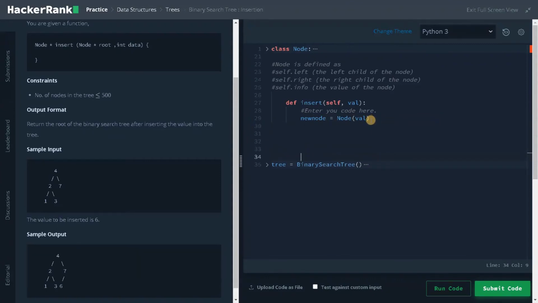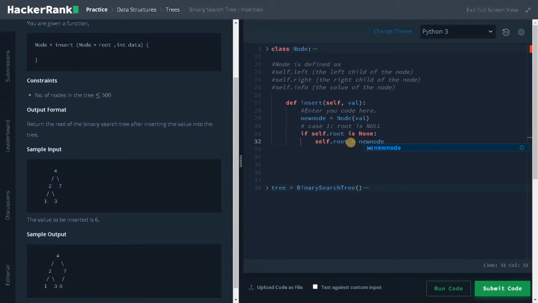Let's leave a space. And now we need to check whether the root has some element or not. Case 1, root is null. If self.root is none, then self.root equals new node.